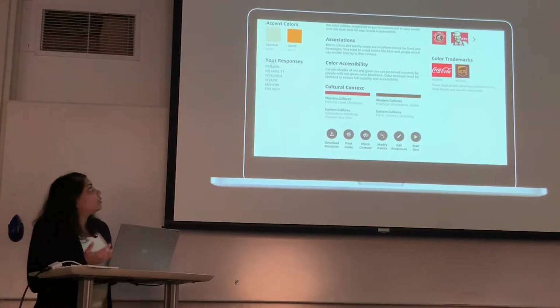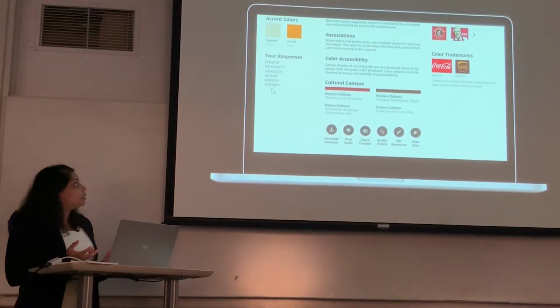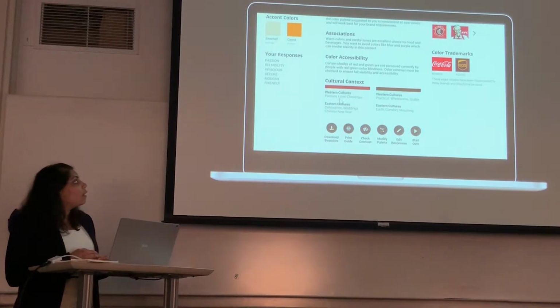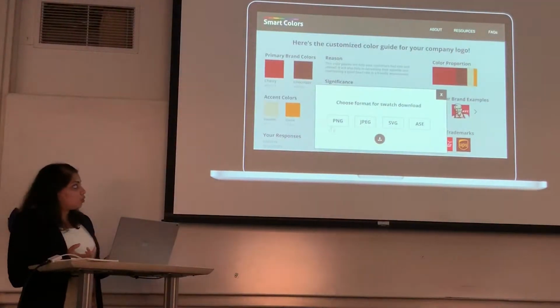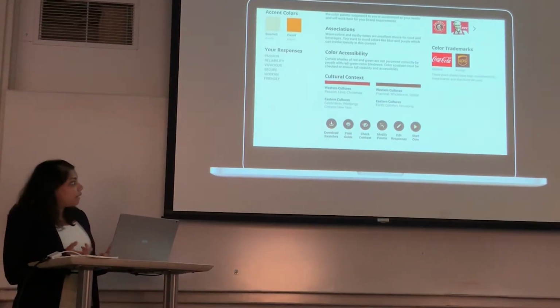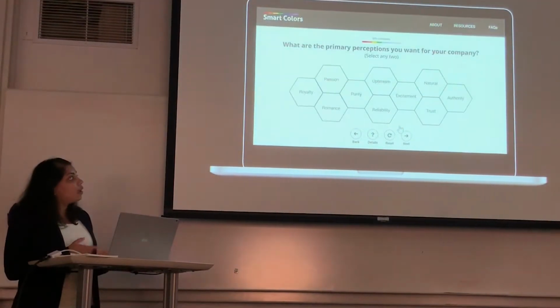The tool also lists your responses so you can understand the words that you chose and how it's been mapped to colors. It talks about color accessibility and cultural context. It also gives you an option to download the swatches, so you can download the color palette to use in your designs. You can also print the guide for your reference, and if you're not happy, you can go back